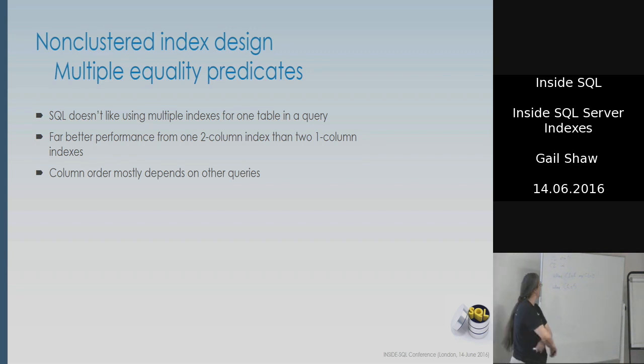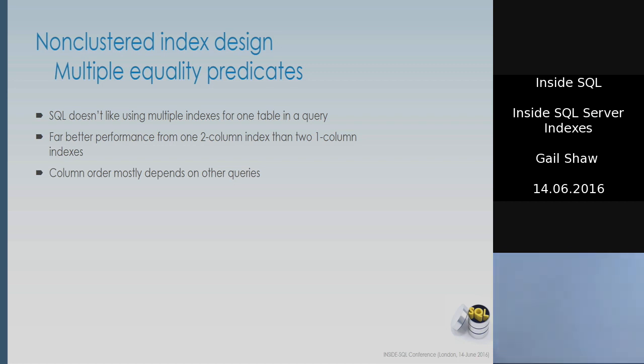C2, C1. C2 supports this one. Mine supports the first one. If I put C1 as the first column, only this one would be able to seek. The other ones would not. So